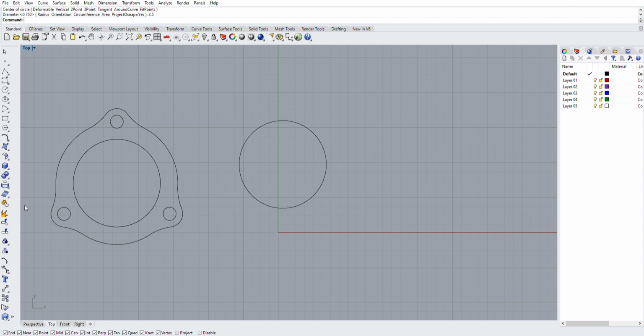Now, if you don't have the bolt pattern, since we know that a flange like this is symmetrical, we can measure bolt hole to bolt hole. So if we take our center hole, our 2.5 inch exhaust, and we're going to go back to our shape tool and change the sides from 6 to 3. Now, with the 3 sides, we can scale this, and if we scale from point to point and make that